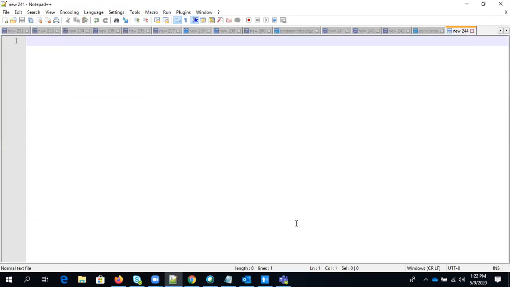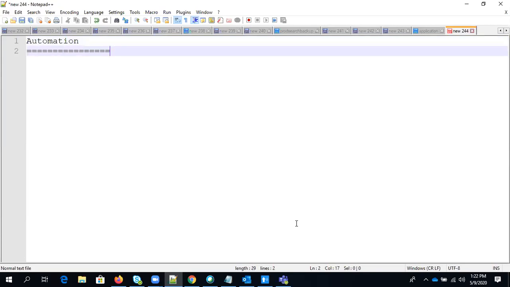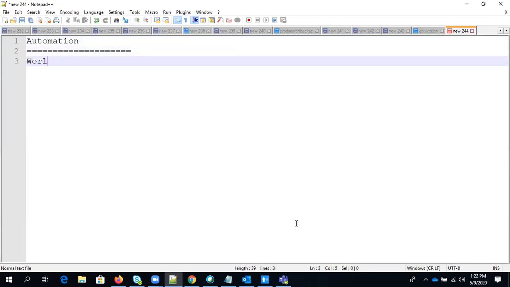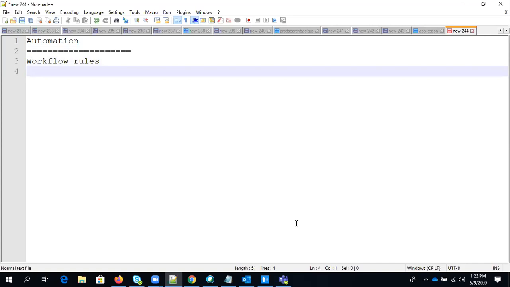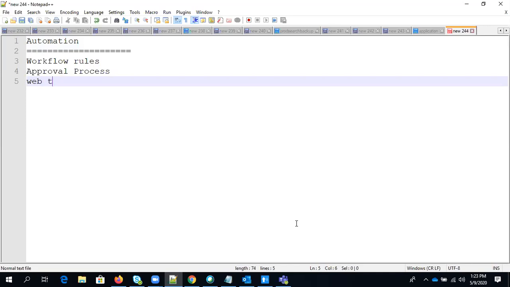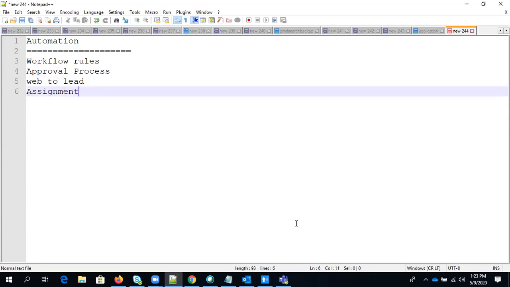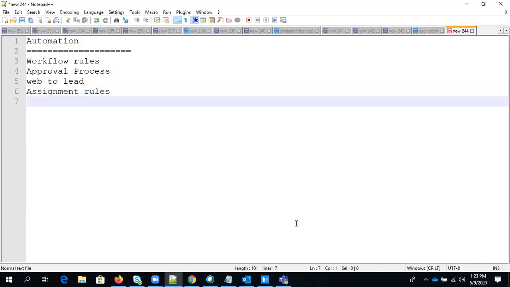In the automation part, we will discuss workflow rules, approval process, web to lead, assignment rules, and auto response rules.